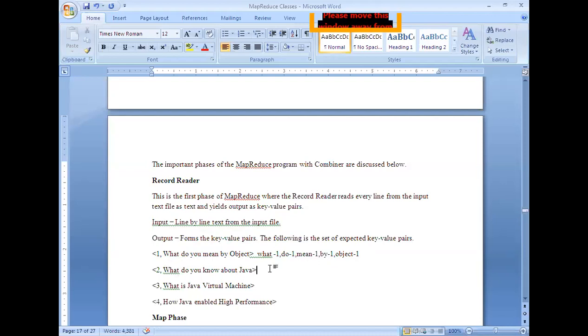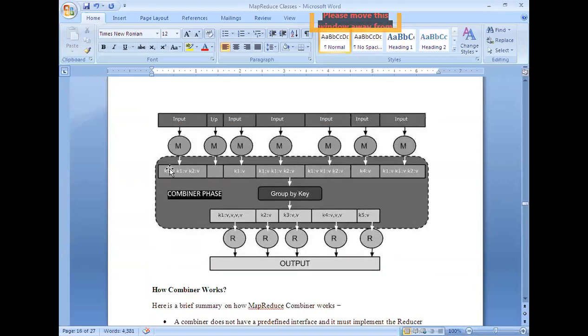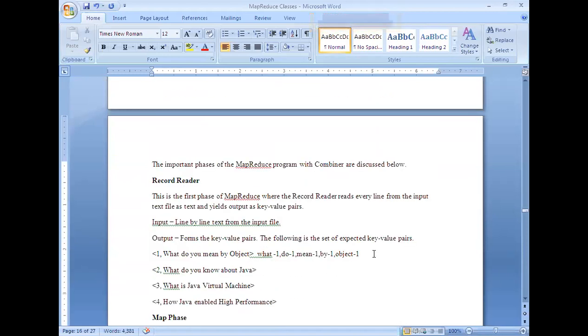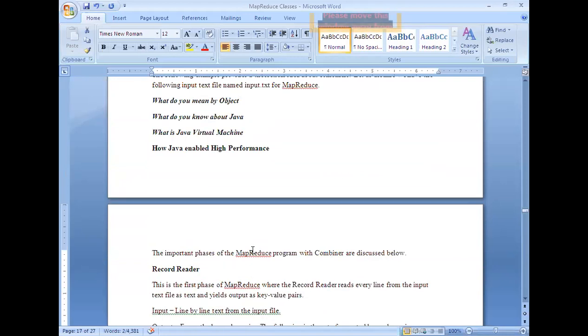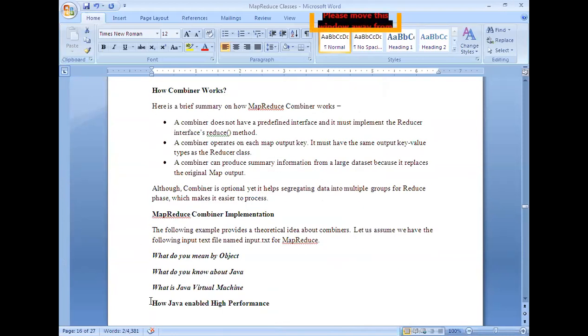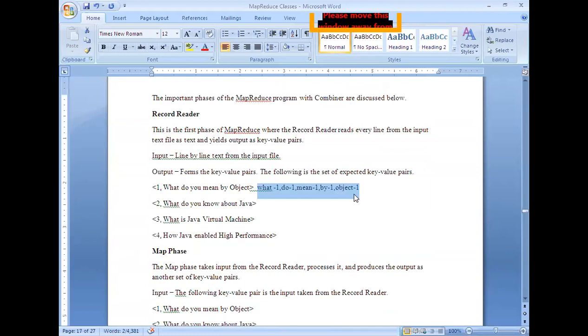Like that, all the other lines are also supplied as an input to different mapper logics. Each mapper logic will produce the output in this fashion. Say for example, for mapper 1 logic, if you submit the first line to this particular mapper, this is the output which it produces, right? Similarly, the second mapper will produce the output, the third mapper, like that. All these mappers will produce the output by taking these 4 lines. That means 4 lines will be supplied as an input to the 4 mappers. They are supposed to produce the output in such a way. Right? Is it clear or not?